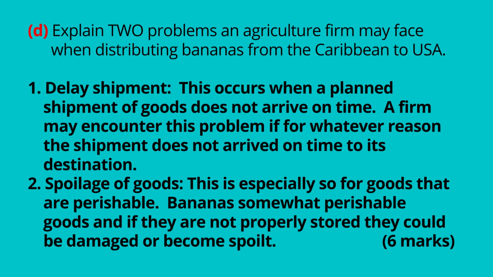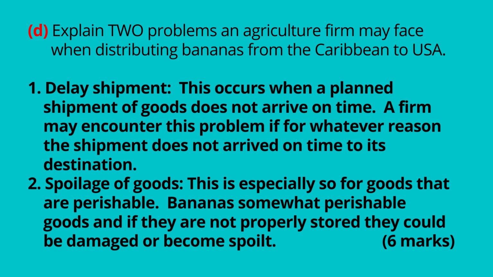Question Part D of question 4. Explain 2 problems an agriculture firm may face when distributing bananas from the Caribbean to US. One such problem would be the delay of shipment. This occurs when a planned shipment of goods does not arrive on time. A firm may encounter this problem if, for whatever reason, the shipment does not arrive at its destination. So if you're distributing an agricultural product, like say bananas from the Caribbean to the US, delayed shipment can be